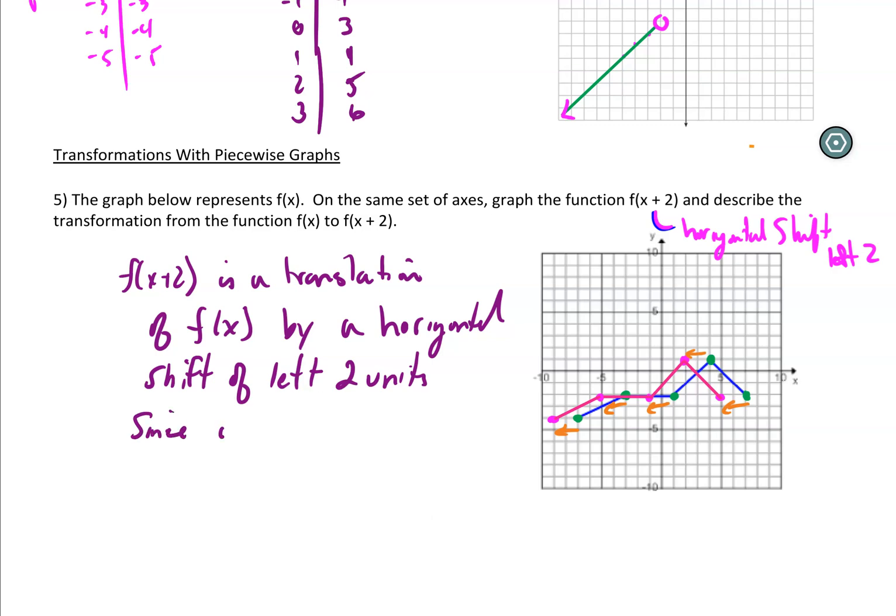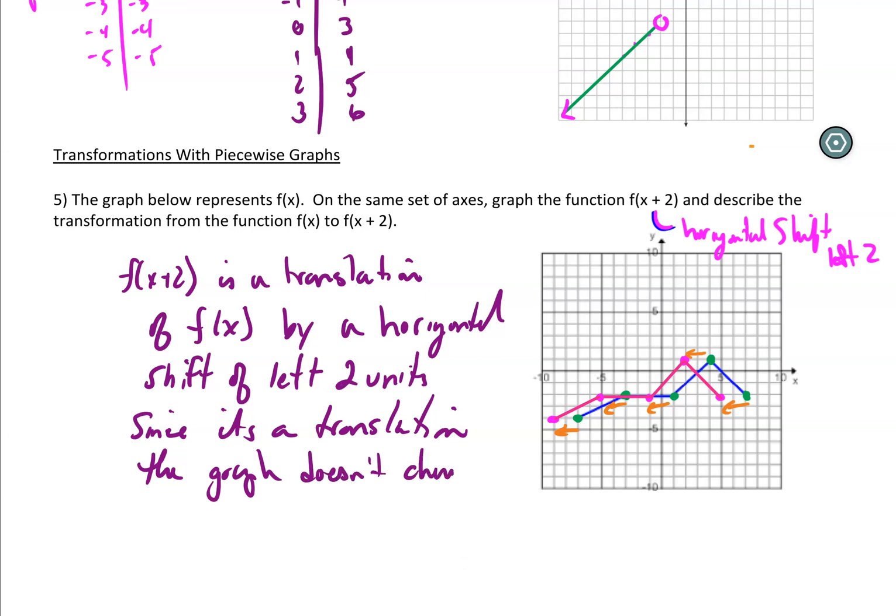Since it's a translation, the figure, or I should say the graph doesn't change. It just slides over 2 units